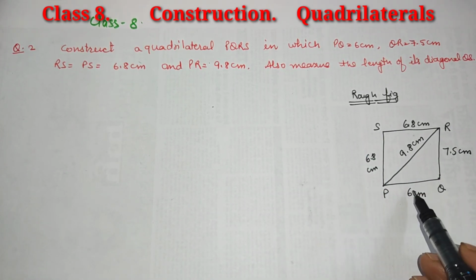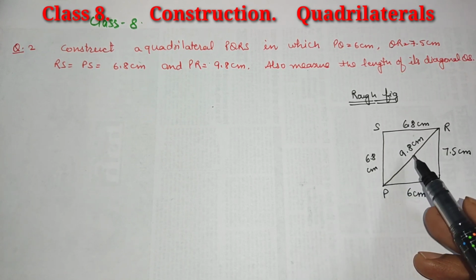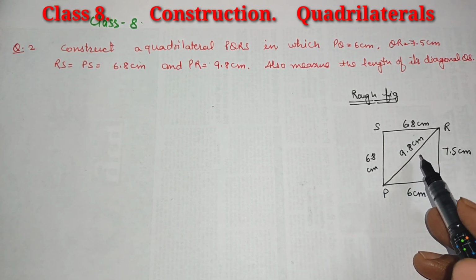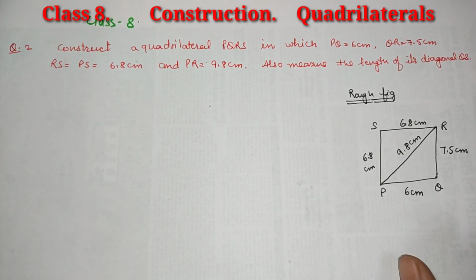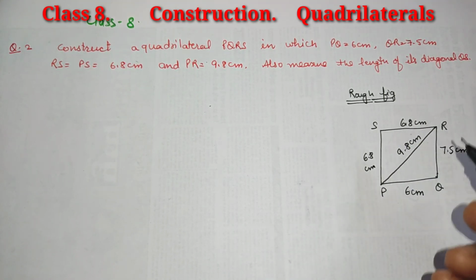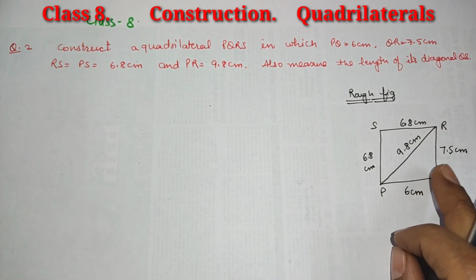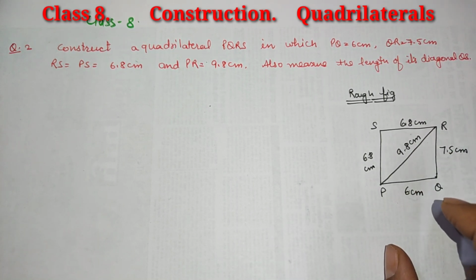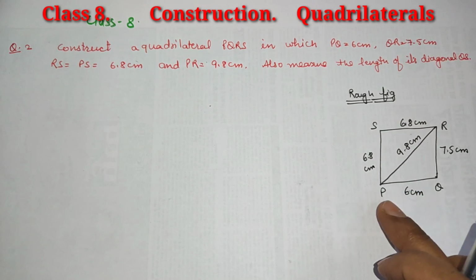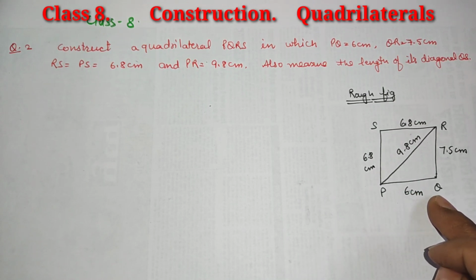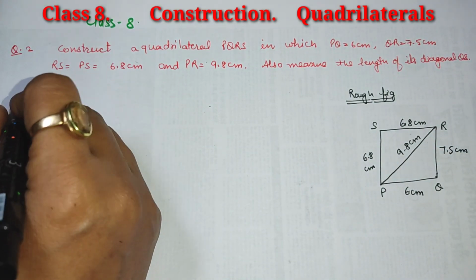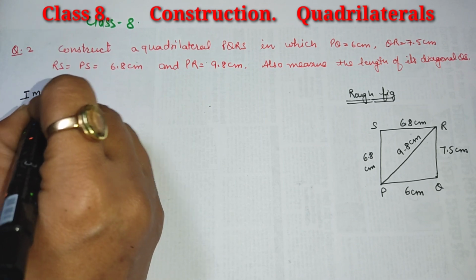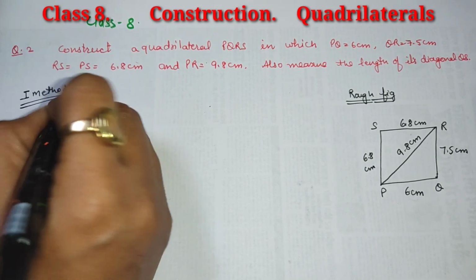So you can see here, 1, 2, 3, 4 and 5 together form 10 parts of a quadrilateral. Again they have given us 5. In each and every question we will count how many things they have given. So 1, 2, 3, 4, 5. It's enough to construct a quadrilateral. Now this quadrilateral can be drawn in two ways. First I can draw it by taking PQ as a base and also PR as a diagonal. So by the first method I am drawing it. I will tell you both ways how you have to draw it.